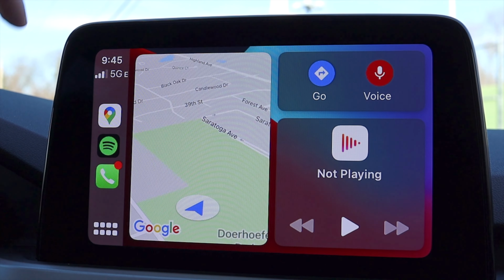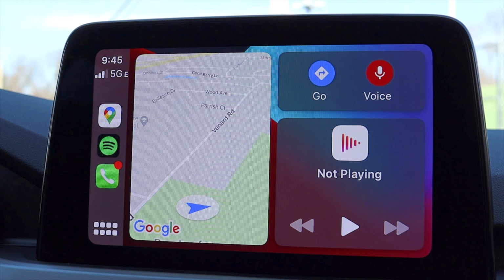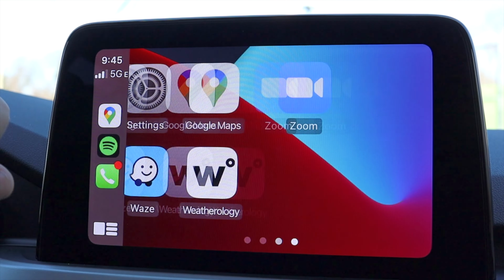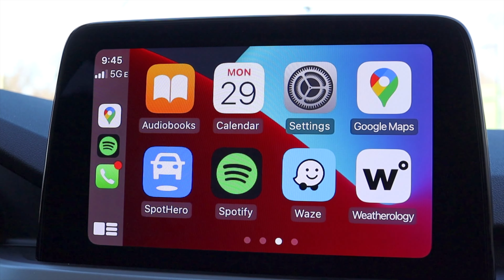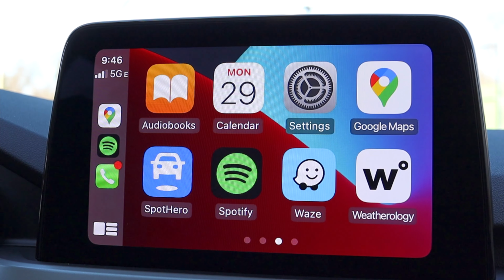So now we are on the Apple CarPlay. This is the MySync 3 system, so there is no wireless Apple CarPlay. It is connected here through a cord. However, it operates just like regular Apple CarPlay, nothing really too crazy, but I like the size of it. These apps are a lot larger than they are in the Mazda CX-30. They're a lot easier to hit, easier to see, and this is a touchscreen where the CX-30 actually does not